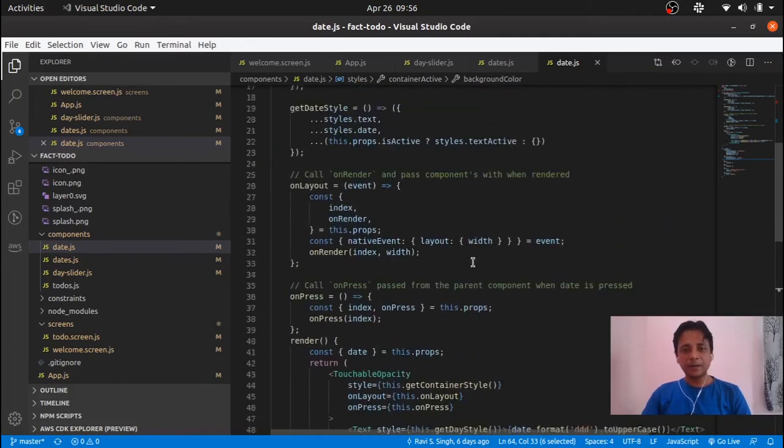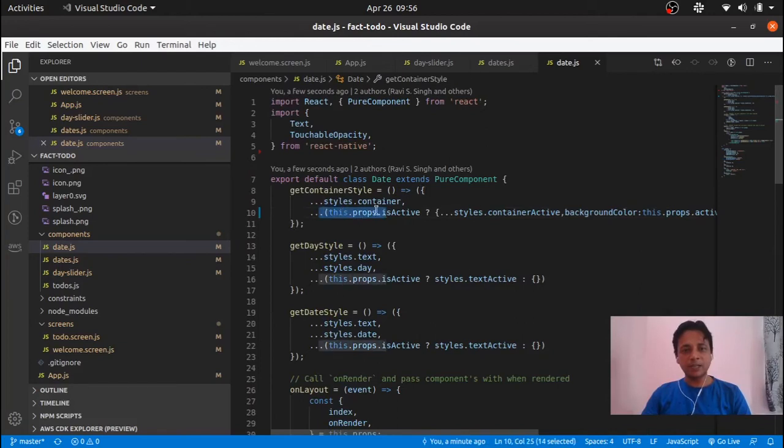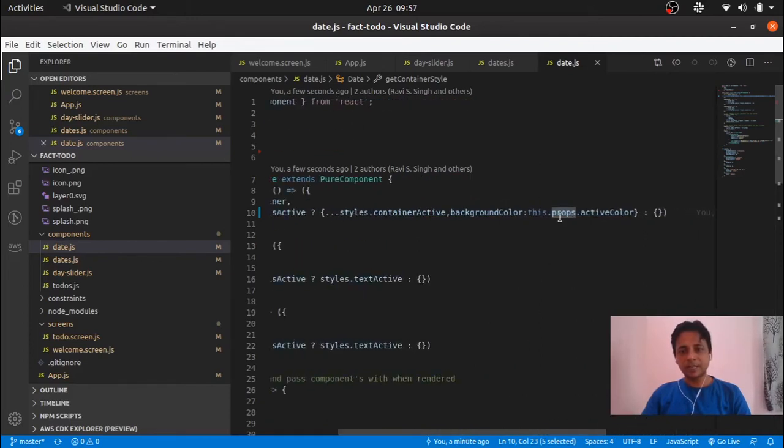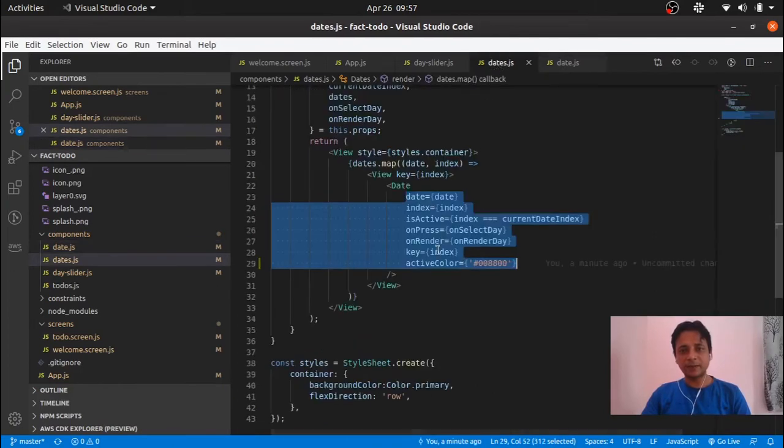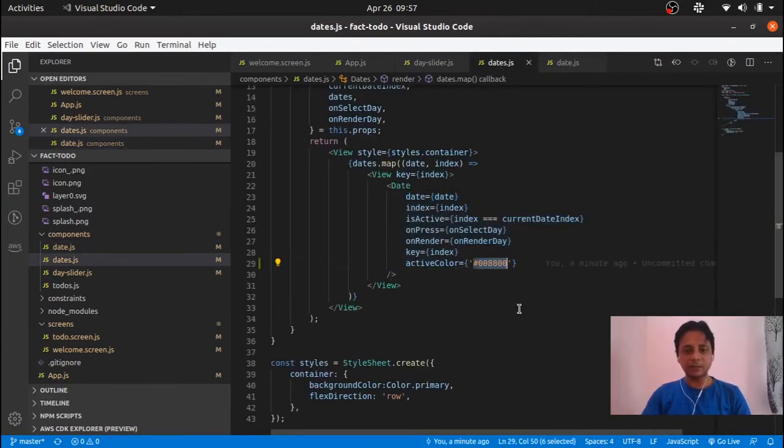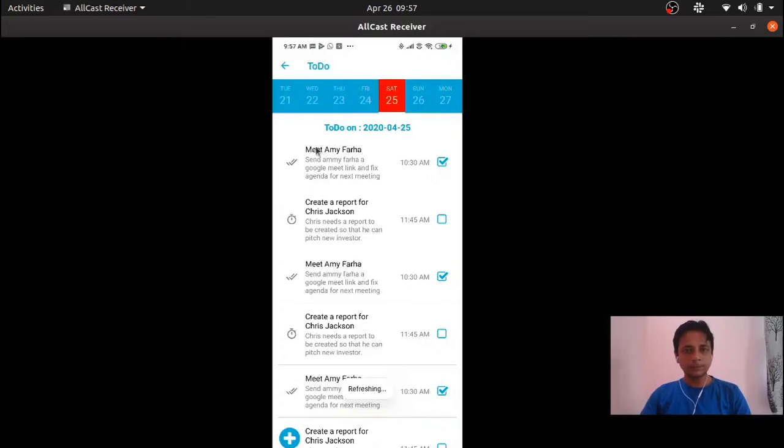Okay, a better idea is that whenever I am putting some props, like setting an is active color, like container active, if I want to change some color, I can definitely take it from the props which I can define over here. So if I say it should be a red one, yeah, this gets changed. So it is basically configurable. Your pure component should be as configurable as possible.